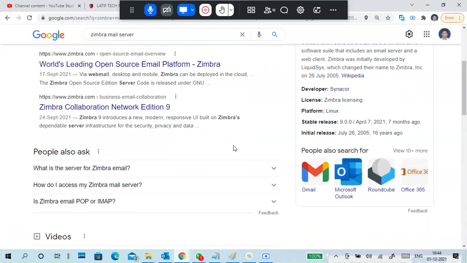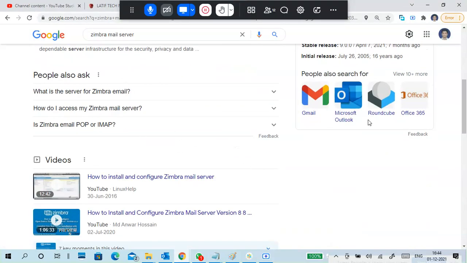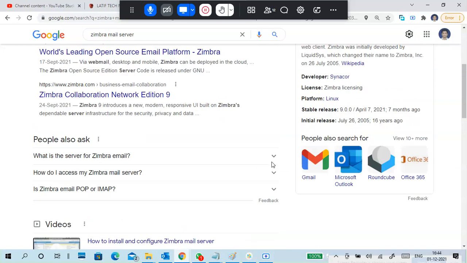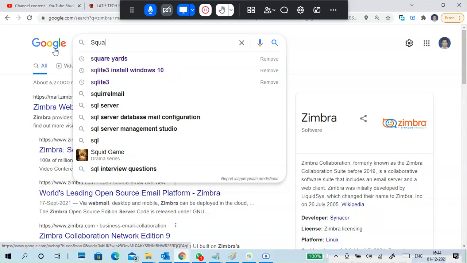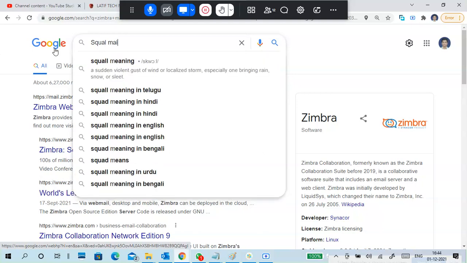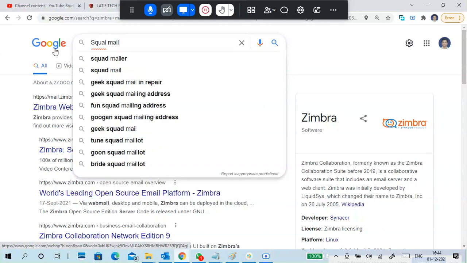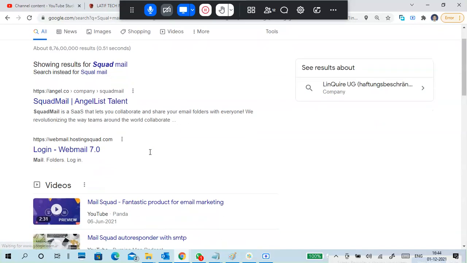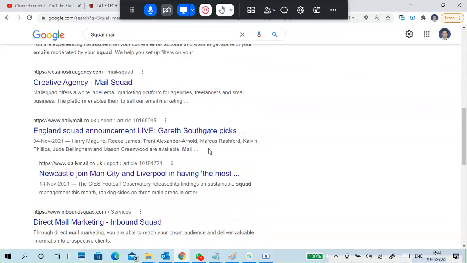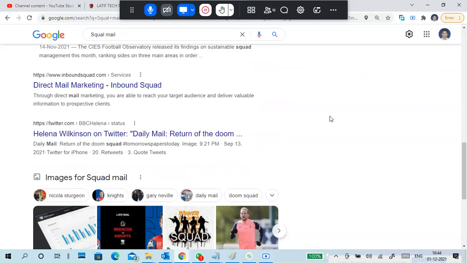A lot of mails are also there. You can go through the list of the mails from here. This is SquadMail showing here, but there is SquirrelMail. Different types of mail communications are there.